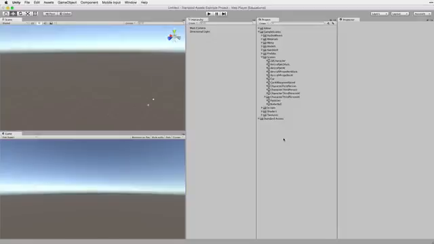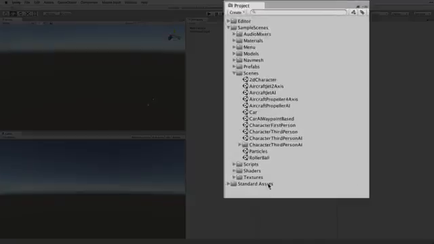Okay, we're going to continue where we left off with the last video. So we have the standard assets example project open. Over in the projects panel are all the files and folders that make up this project. The files are called game assets in Unity. And as I mentioned, there's a one-to-one relationship in what you see in the project panel and what you see